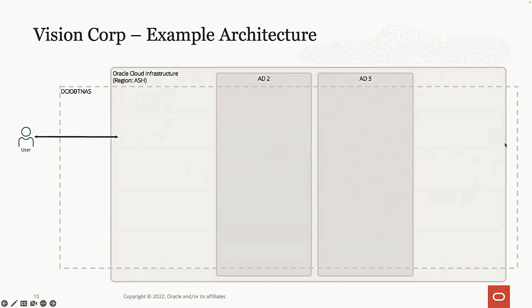And does this Vision Corp user need certain permissions to be able to access these resources in OCI? Yes, they do. So once the users within OCI are provisioned, you'll have part of the identity and access management piece of OCI. You'll have certain permissions that need to be granted to users and groups. So the users will be added to a group, and we'll touch upon that in a second. And those groups will be given access to these resources depending on what they're looking to do. And there's different levels of that you can set up. And that's all part of